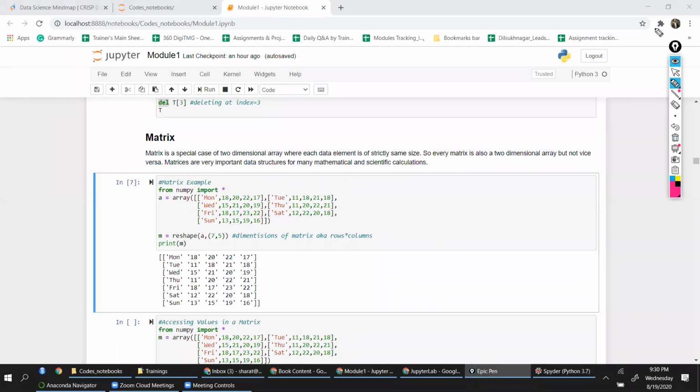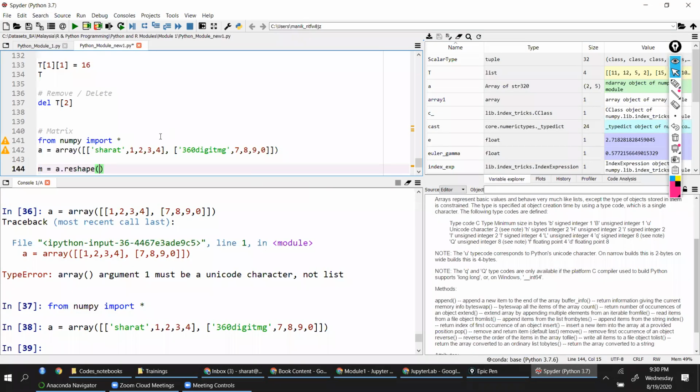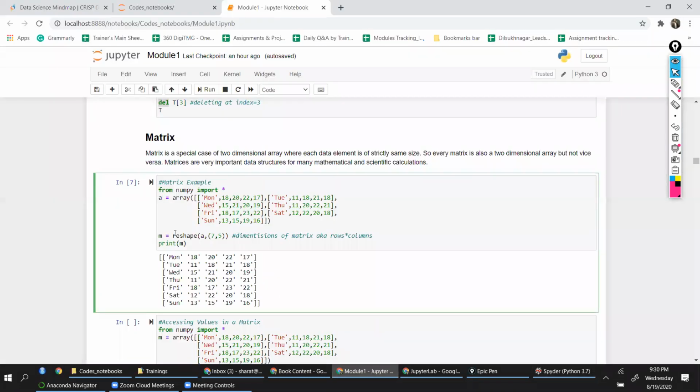So we are reshaping that particular two-dimensional array into a matrix, right? So here I'll have 2 by, how many? 1, 2, 3, 4, 5. 2 by 5, right? So this is the syntax that we need to pass.